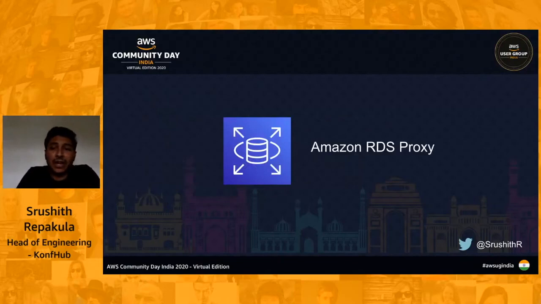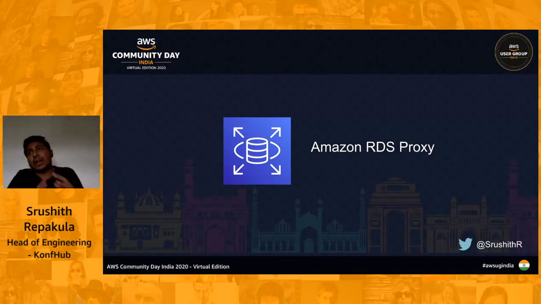The last service that I want to touch upon is the RDS Proxy. Now, for people who are traditional to RDS and they really love Lambdas, but they want to bring both together, Aurora Serverless is one option, but it is a completely different variant of RDS. But you have an RDS instance already present. You want to have it as a part of your serverless application, right?